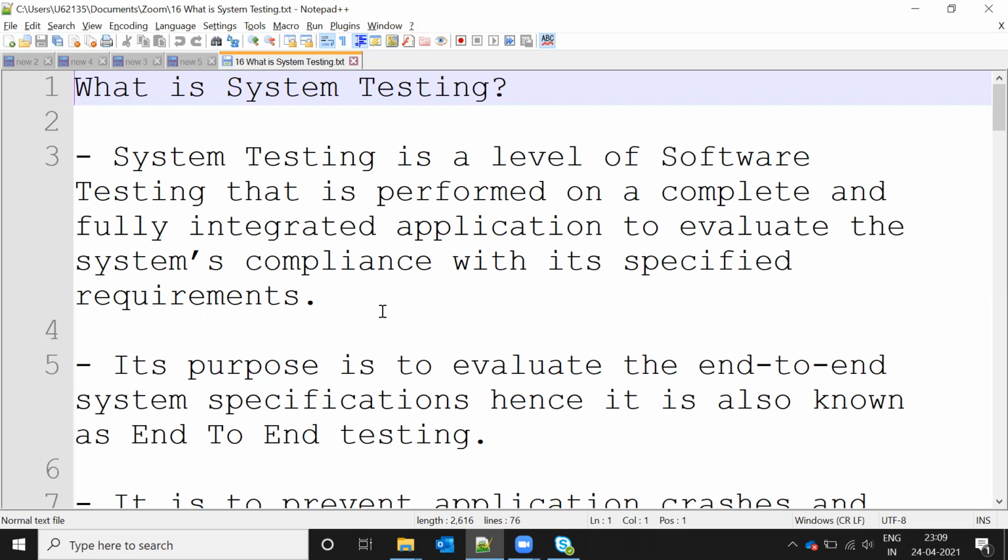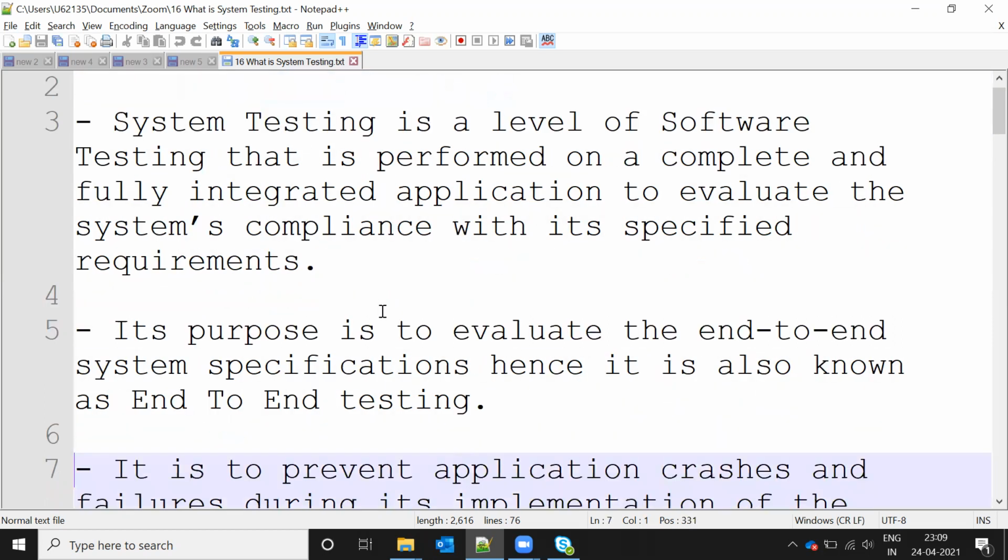Individual modules were tested, but after integrating all the modules, whether it is working or not, we test the integration. Once it is done, we test whether the specific requirements, what exactly the client wants in the application, are met.